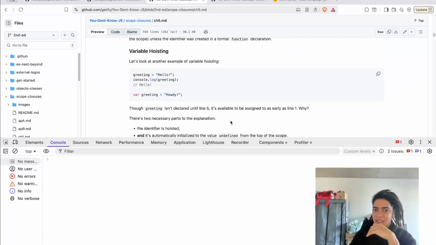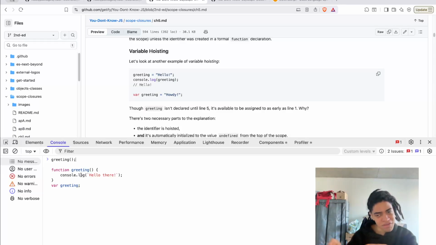And when you have declarations with the same names, depending on the environment, at least on the developer tool, internally JavaScript says, I now have this identifier with the function, and I also have another identifier with the variables.